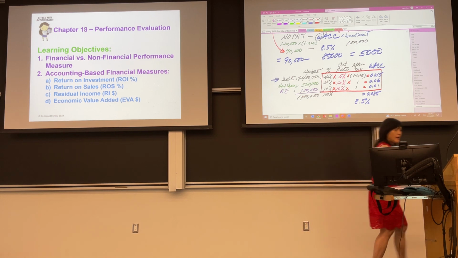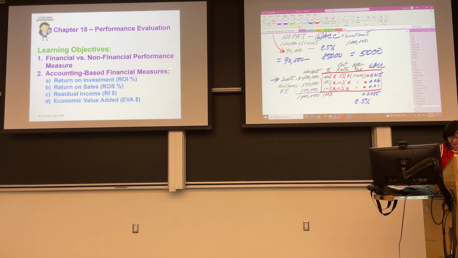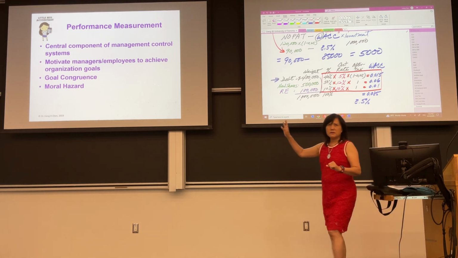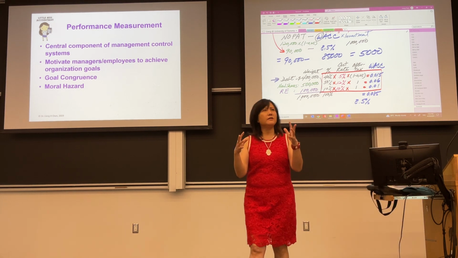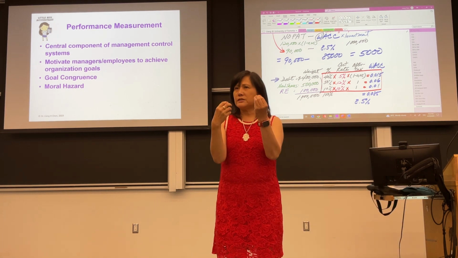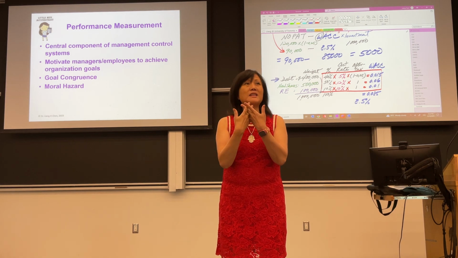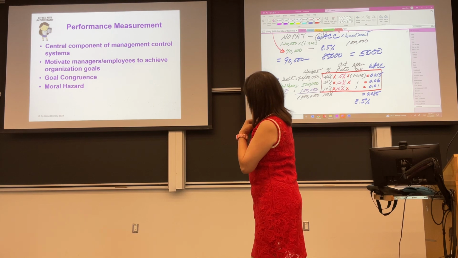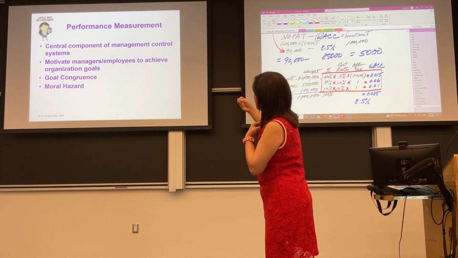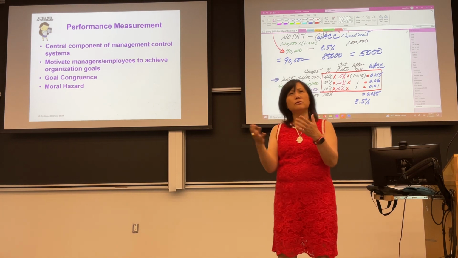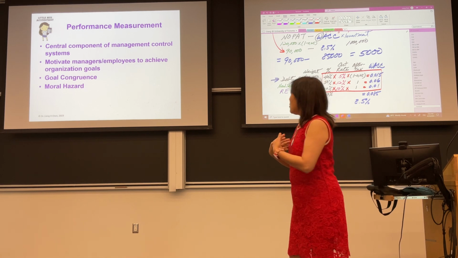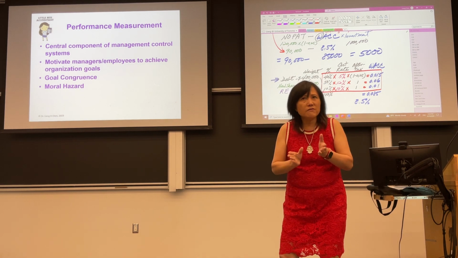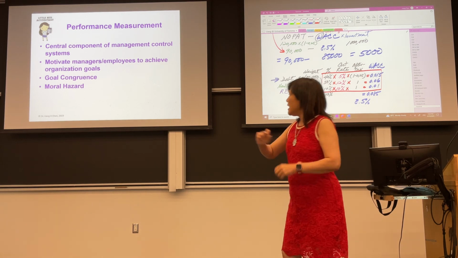Now I'm going to do a question. Let me see if anything else. Talking about performance measures, you want to have metrics to evaluate performance that are fair and equitable. It's important in the management control system that it should motivate people to do their best. You want to promote goal congruence. You want them to do the best for the company.